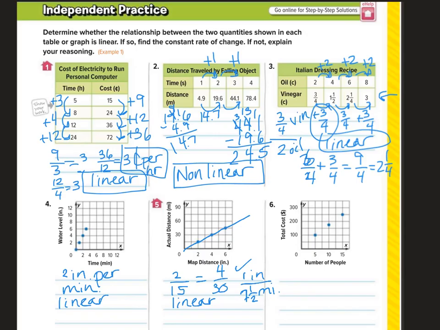Okay, number 6. We have to determine if this is linear. So I see that it increases from 5 to 100. So 5 to 100 is there. And then 10 to 175. So if I have $100 for every 5 people,